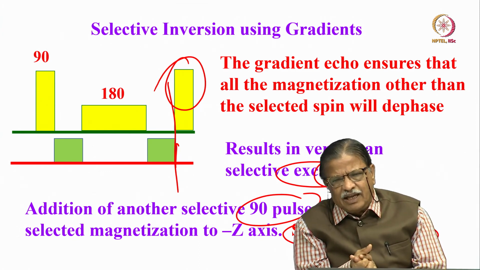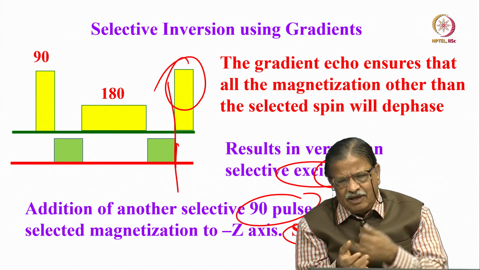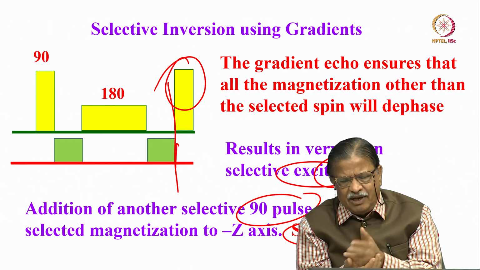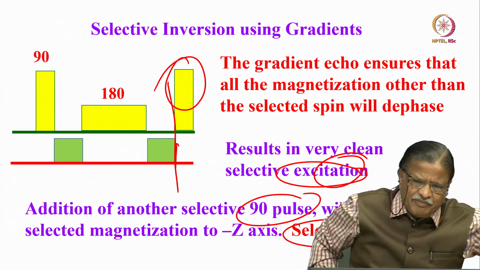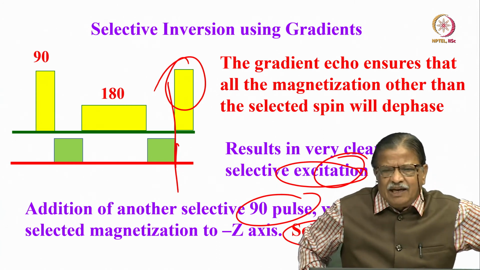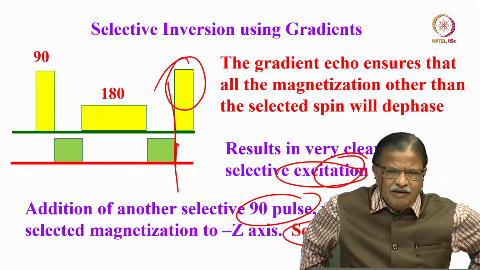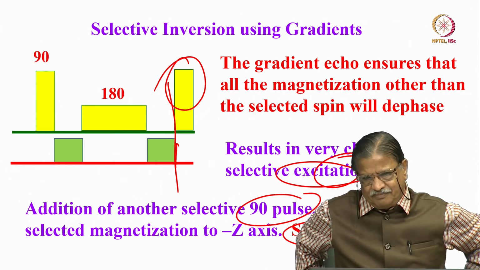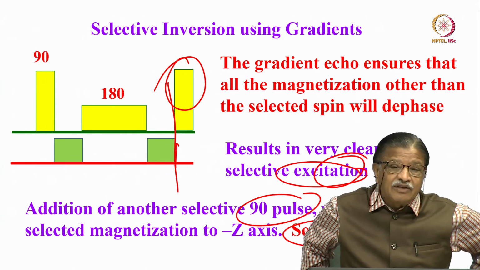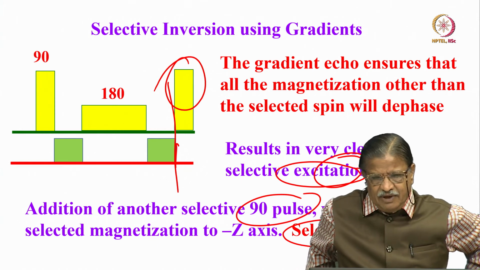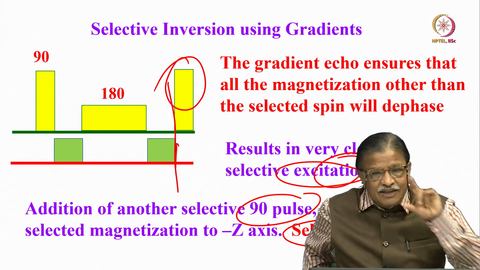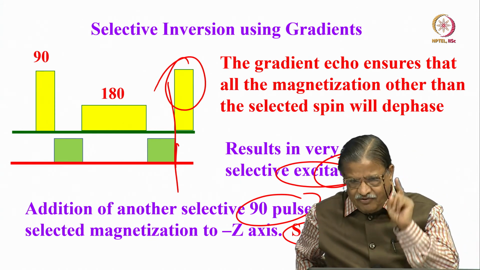In the homonuclear case, we took examples such as 1:2, 1:3, minus 1:1, where we could select a particular coherence pathway by looking at the ratio of the gradients. We did the same thing for the heteronuclear case. In the heteronuclear case, the only thing is that gamma is different, but you should not forget one thing.